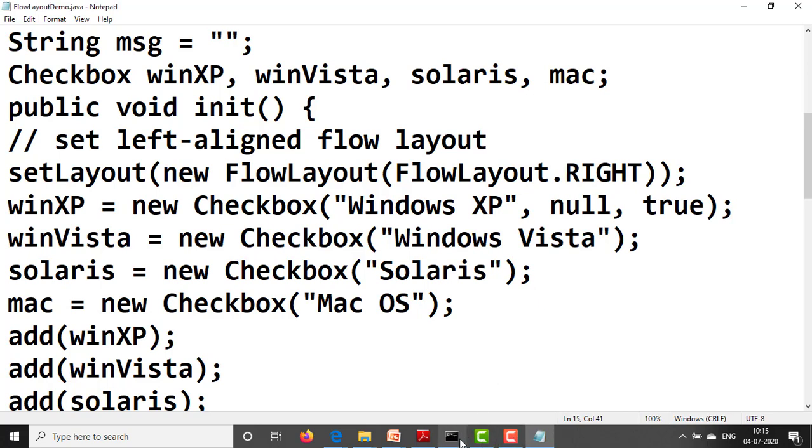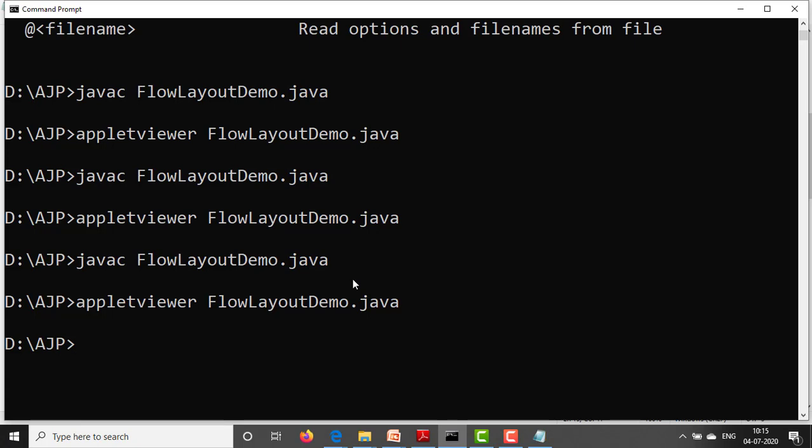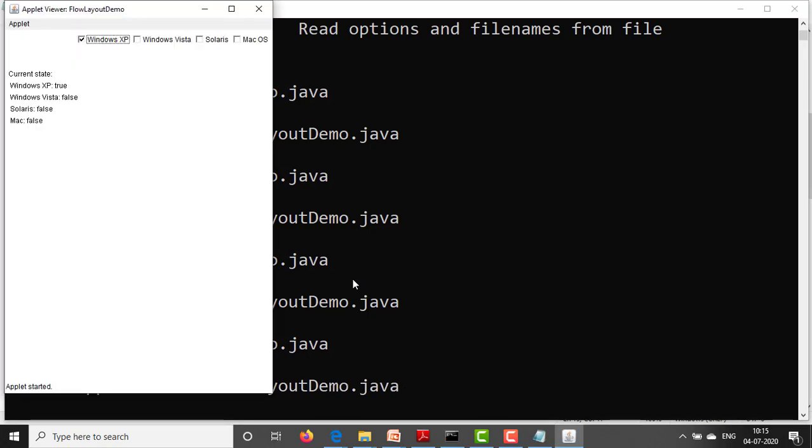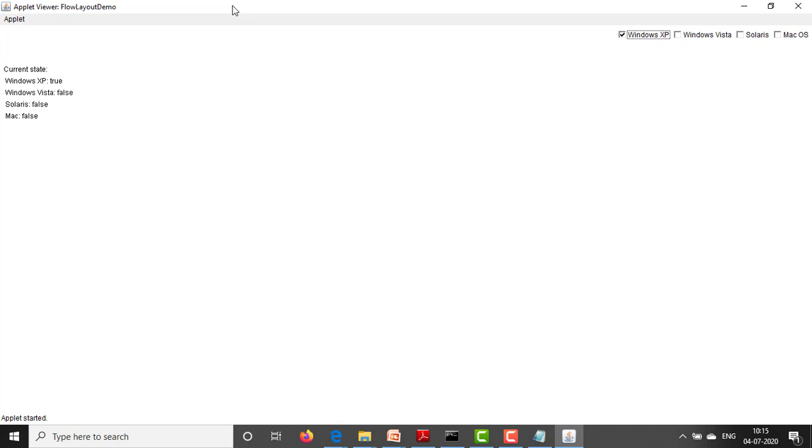Now go to the command prompt, recompile this program, run this program. See, all the components are placed on the right side, right positioning of the components. This way, positioning and placing of the components is done manually or automatically by using the different layout managers.